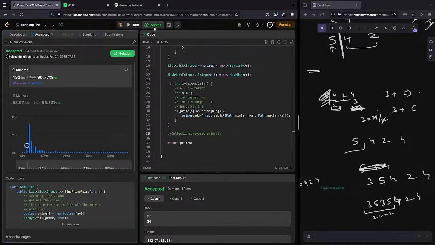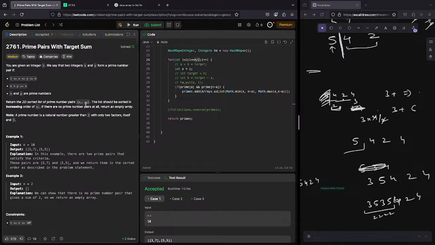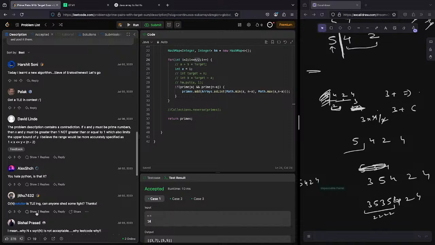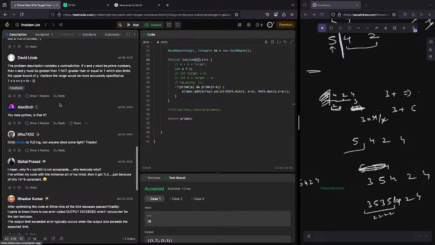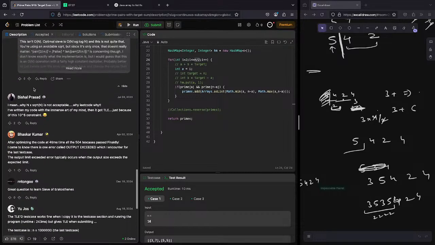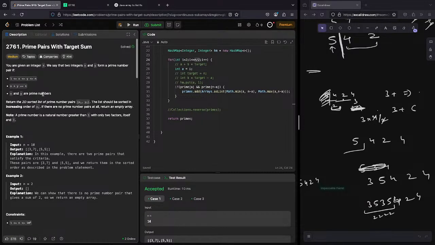Yeah, basically we can't use a hash map, is it? Because C is already there. Or maybe this approach is till less than n only. There can be only two pairs, right? But